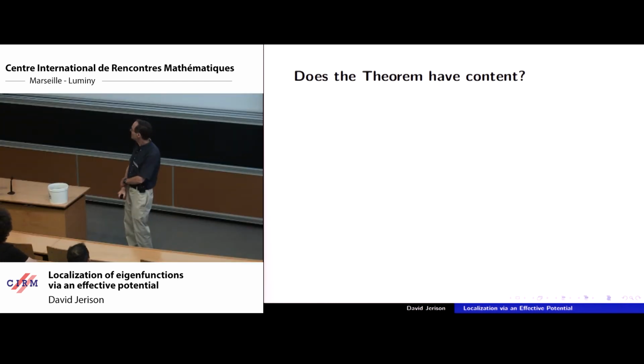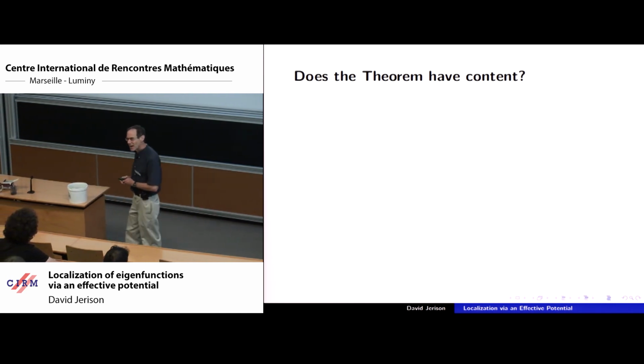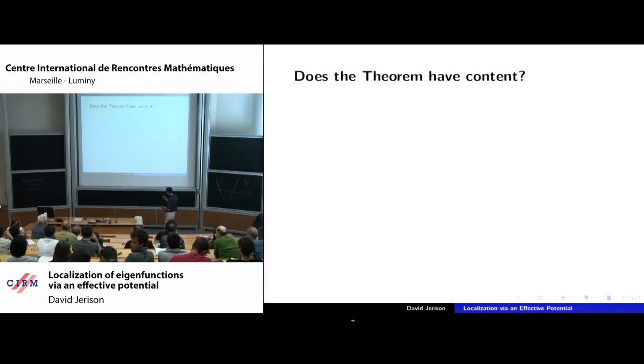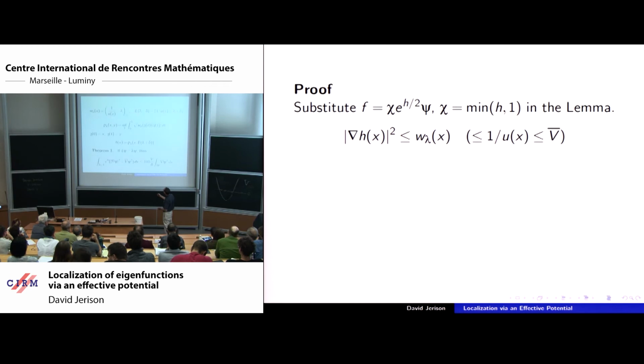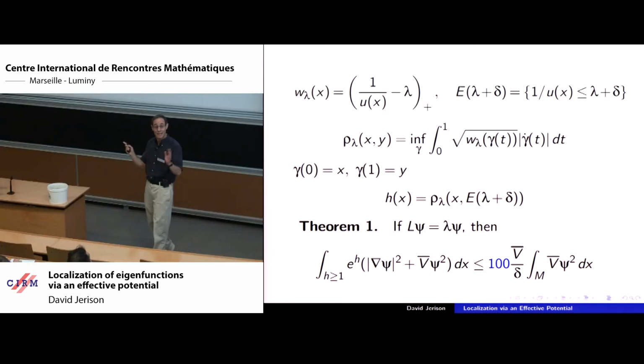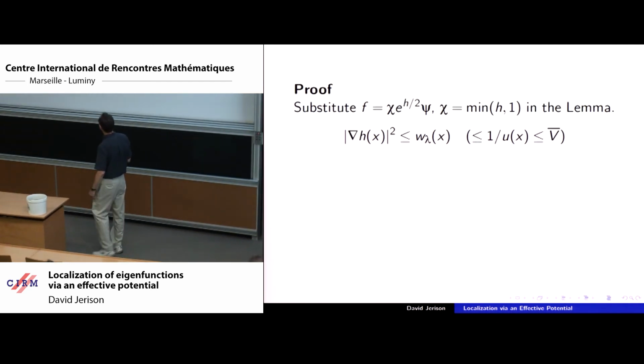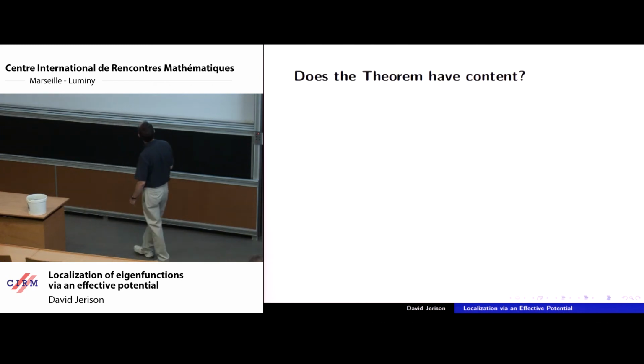Oh, but I forgot. There's one other thing I have to tell you. Does the theorem have content? That theorem was actually a little bit tricky, right? It had all this stuff in it. Everything is hiding inside of whatever this h is, and there's this delta, and the h depends on the delta, and so on and so forth. So of course it's all intertwined in there. So it's not so clear that there's even any example in which this theorem has content. Pretty important point. So let's try to address that.